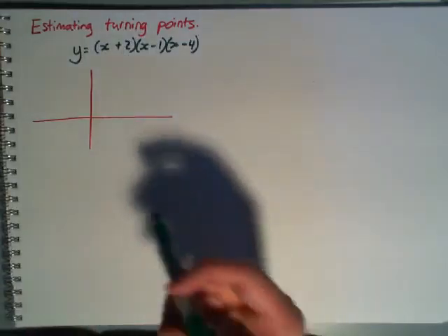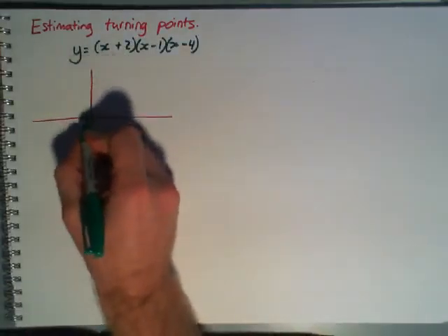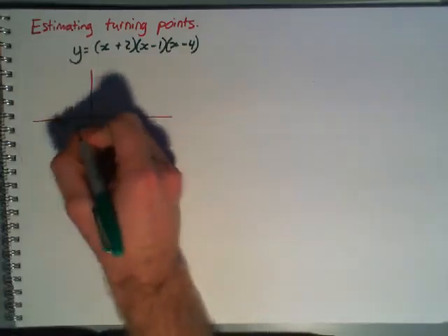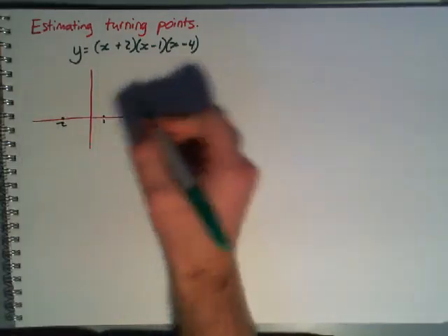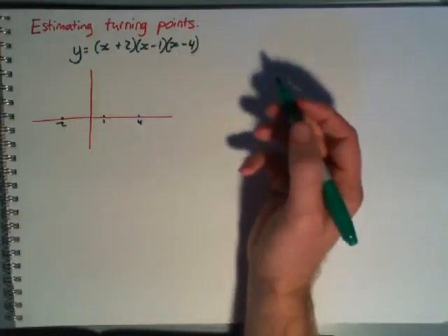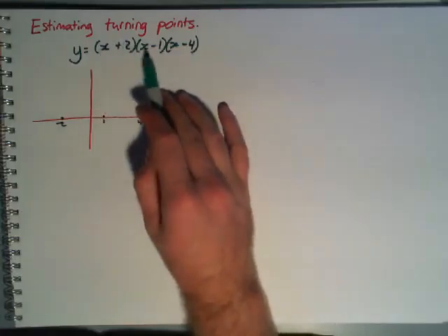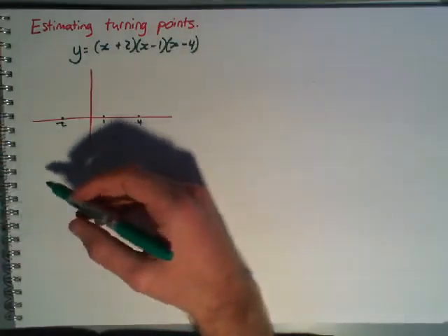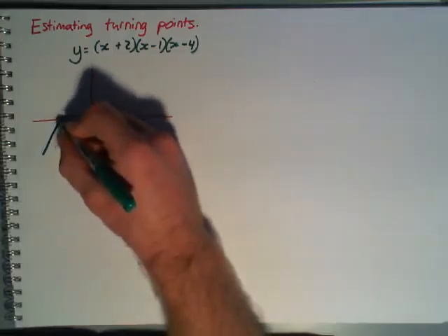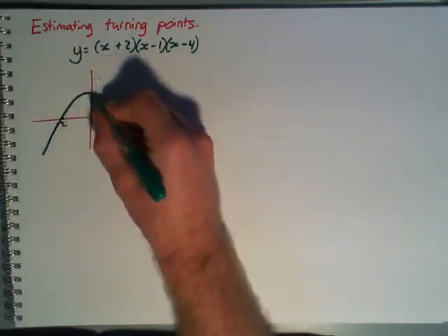this one I don't have to be as accurate as I was in the last video. So minus 2, it's roughly about there. Positive 1, it's about there. And positive 4, we'll say is there. Now we've got a cubic because there's three x's and it's positive, so we're going to start from the bottom and move up. So when we draw them,